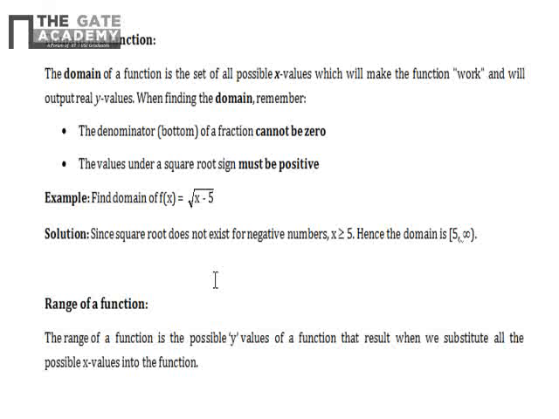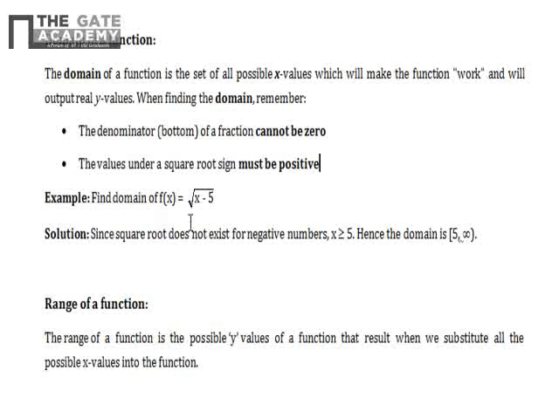The domain of a function is the set of all possible x values which will make the function work. What does this mean? If you look at these 2 points now, you'll get a clear idea about the domain. The denominator, that means the bottom of the function: suppose in any function there is a fraction, and there is the independent variable x in that denominator. So you'll have to take a domain such that that denominator should not be 0, and also if there is a square root sign, the value under that square root sign should not go negative. It must be positive or 0. Okay, we'll see one example.